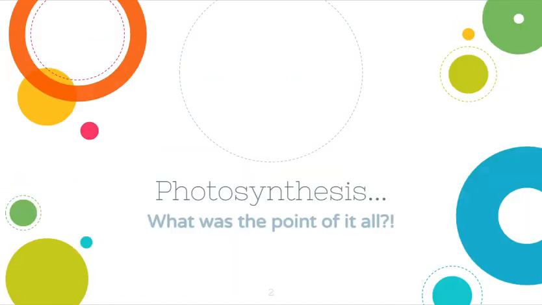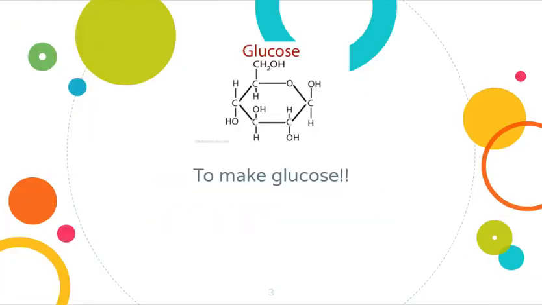So let's just go back and remember photosynthesis, like all those steps, all those things, but like what was the point overall? What was happening? Like, why does a plant want to go through all of that work to do photosynthesis? And the answer is to make glucose. Okay, remember glucose is C6H12O6, but just FYI, here it is. Like, do you have to memorize that? No, but there you go.